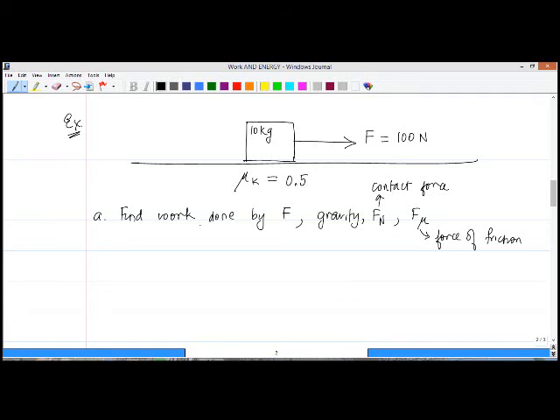Okay, so now that we've defined work as F D cosine theta, let's apply the definition to solving some simple problems. Okay, so the first one is